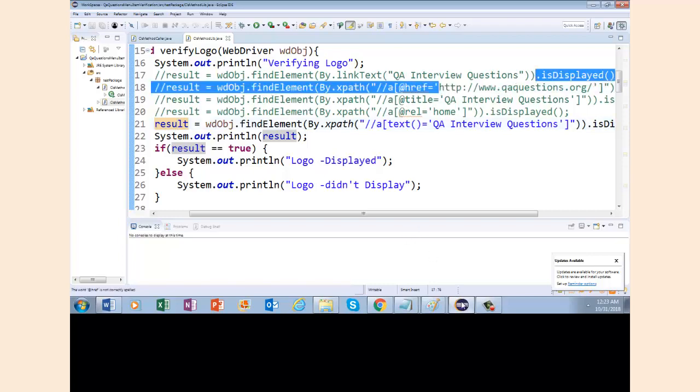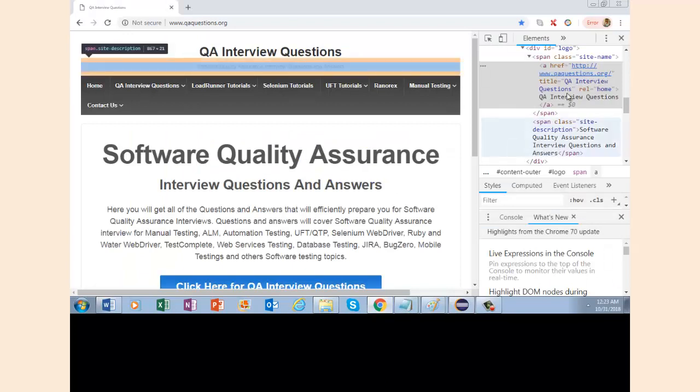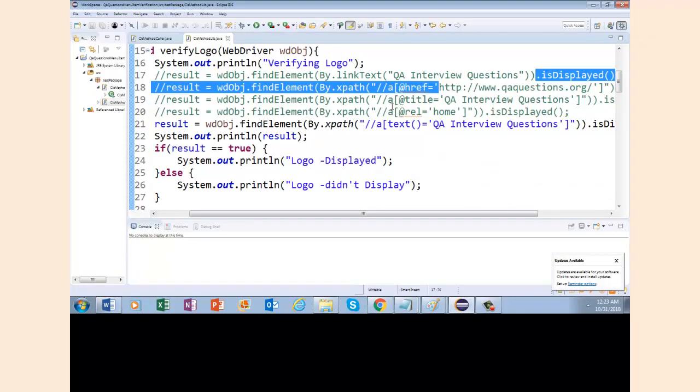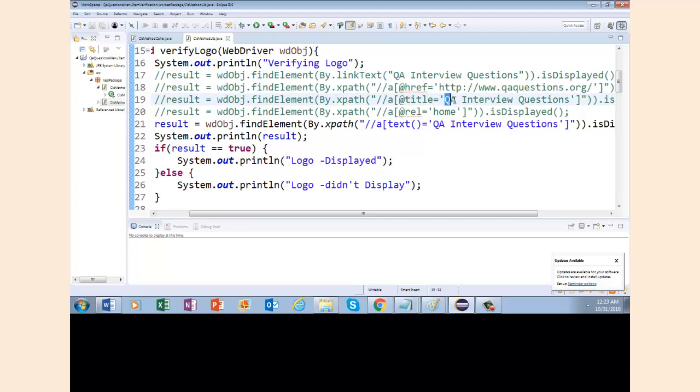If you go there again, you will see that the href value is up to http://www.qquestions.org, and then I have identified that object by title and rel as well. Can you see this is the link text, right? Okay, let me go there. So I have identified that object by title. That is how you are going to identify that object, and then by using rel I have identified that object,